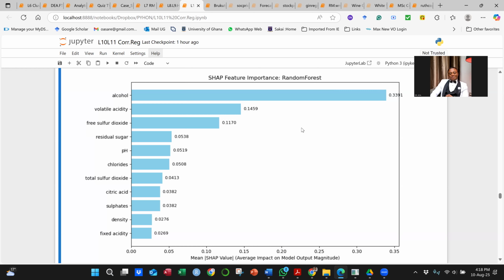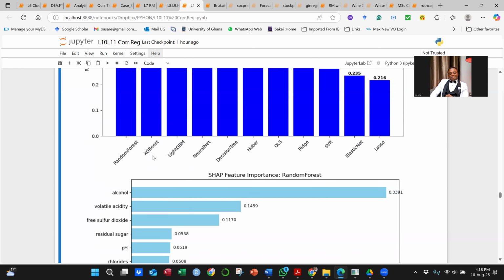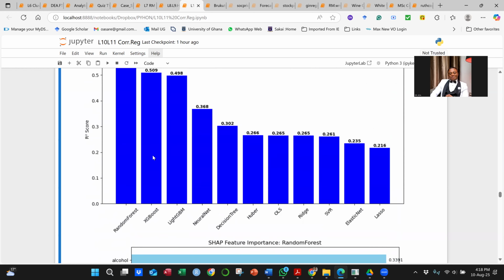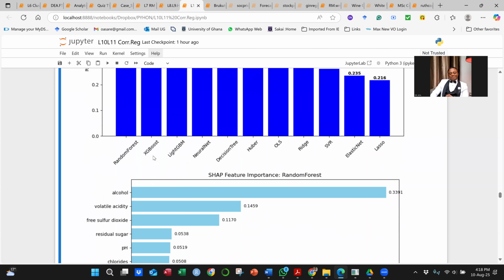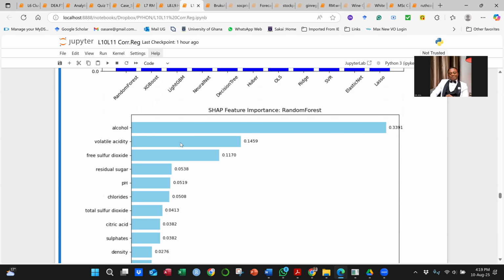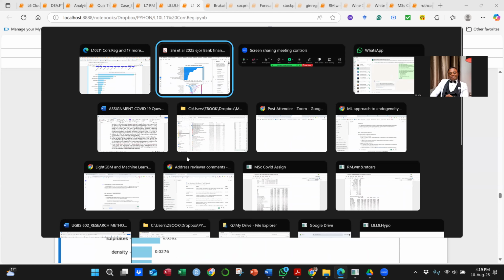You can do the next best model, which is the XGBoost. All you have to do is go to the code, change the best model and replace it with the next one, and then like that, and like that. You can do maybe the first three, and for each one of them, alcohol might show. In fact, that is what this guy did in the paper.